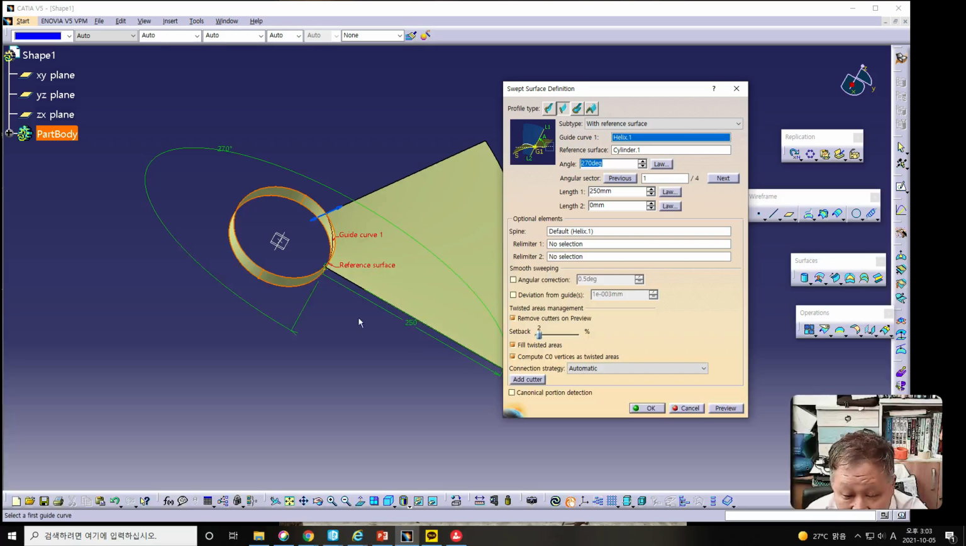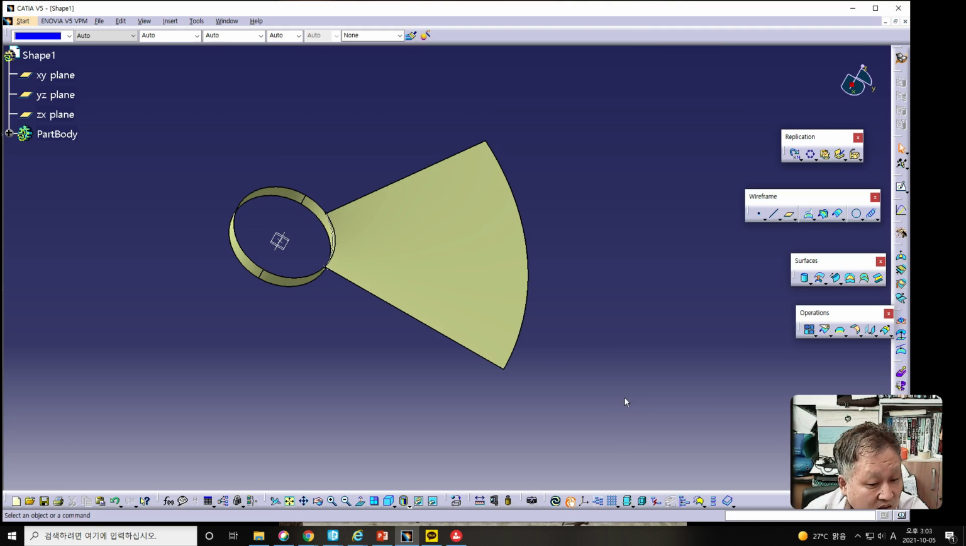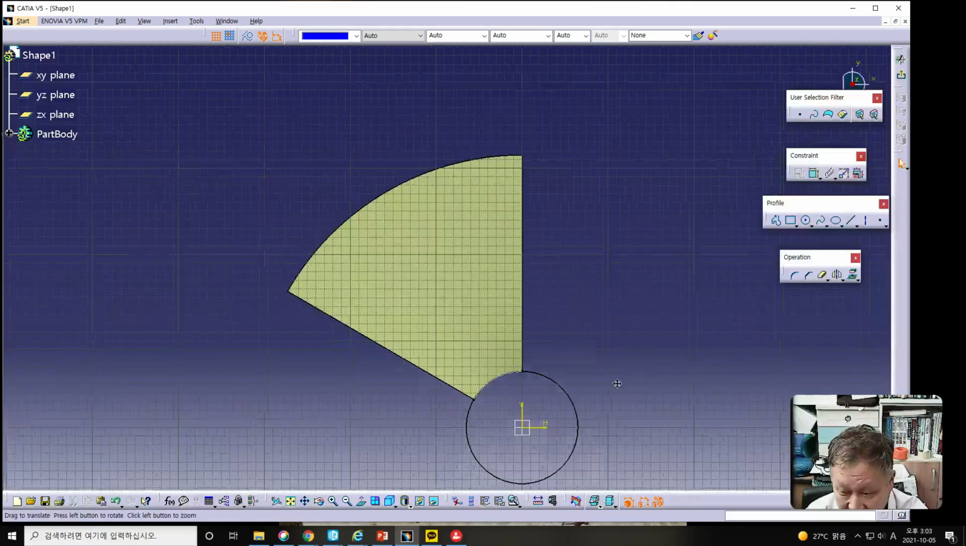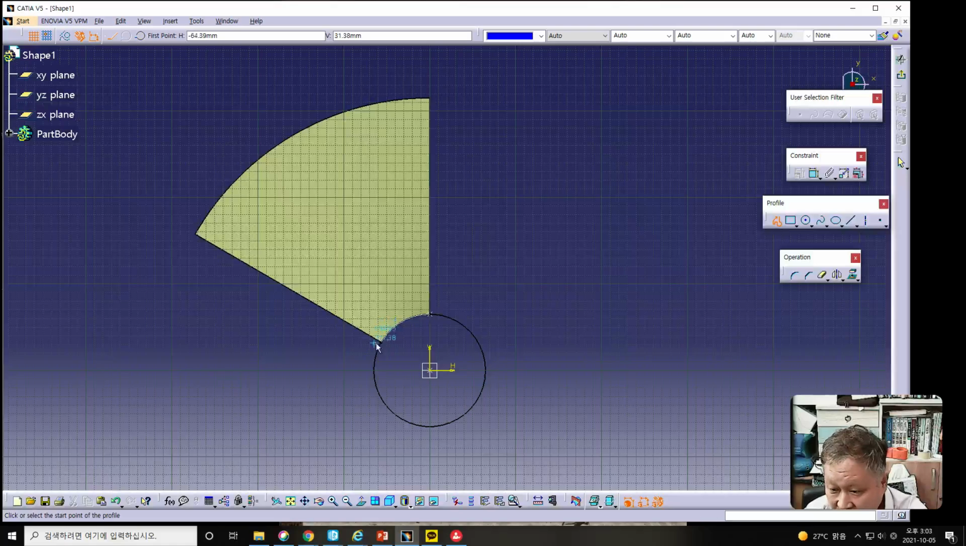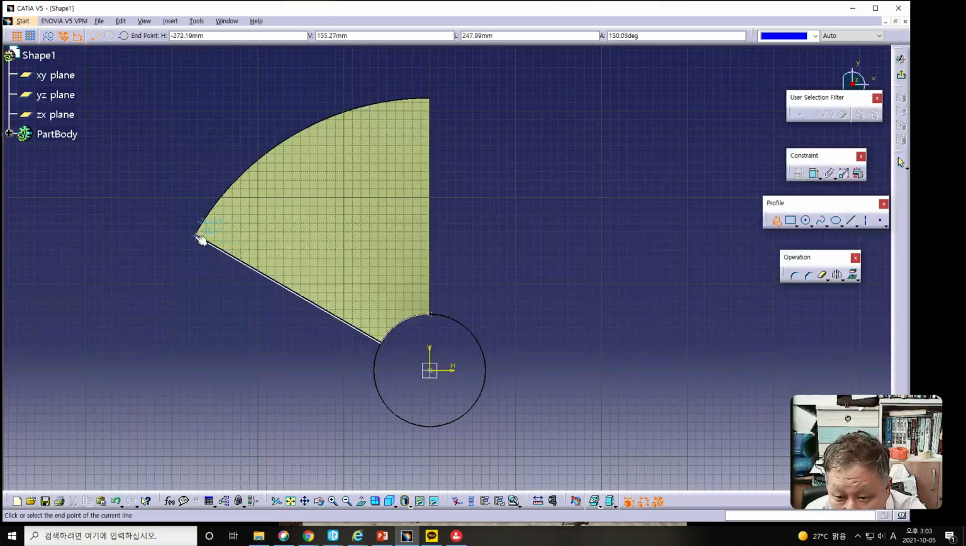This is 250 millimeter. Yeah. And OK button, and please go to click the XY plane. Plane determination is very important to making the sketch, and please click this one and this one,